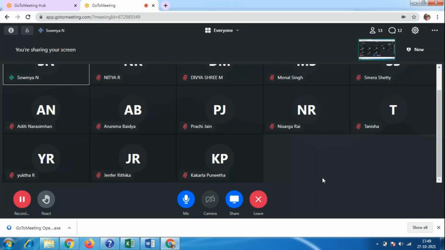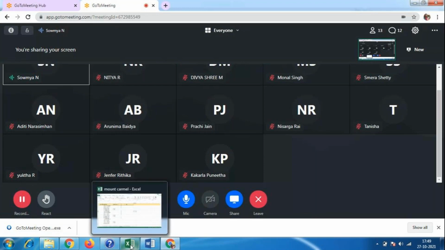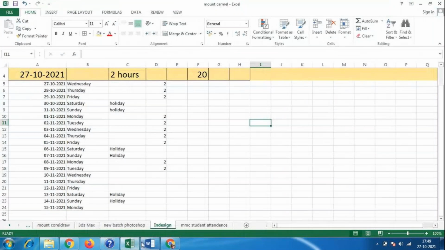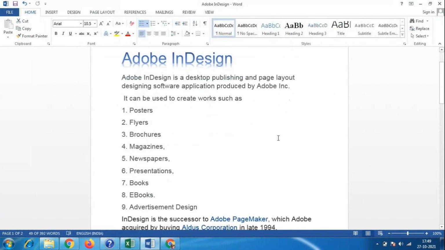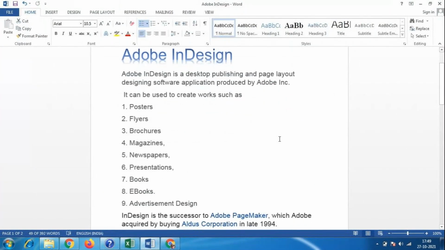The CS5 version is enough to use Adobe InDesign. We mainly use Adobe InDesign for printing purposes. Adobe InDesign is a desktop publishing and page layout designing software application produced by Adobe.